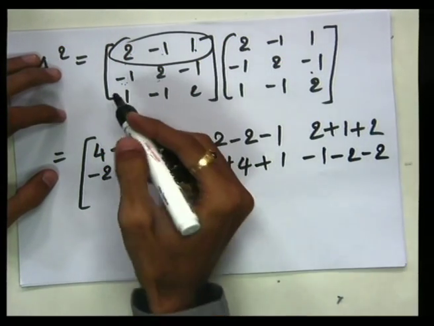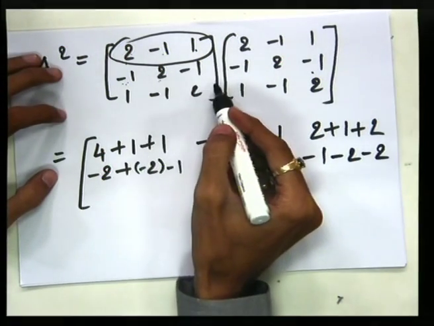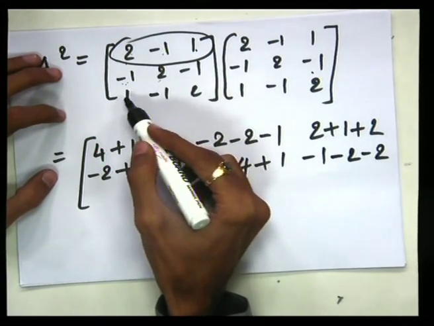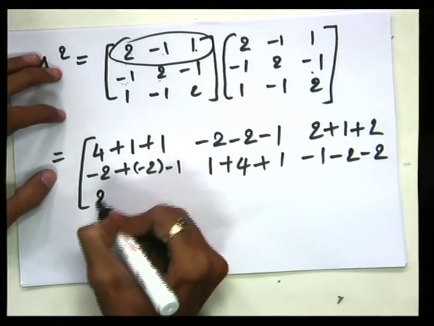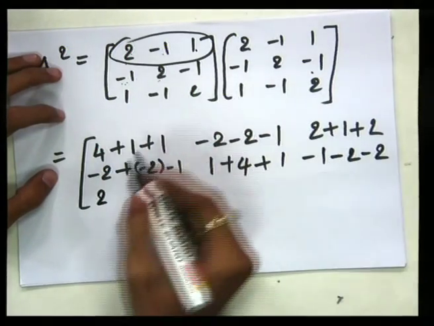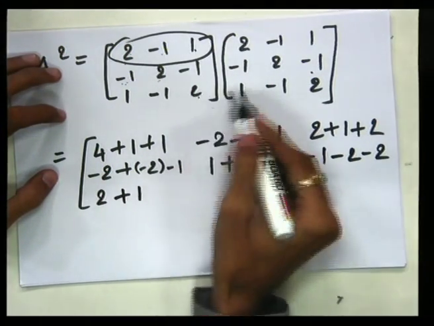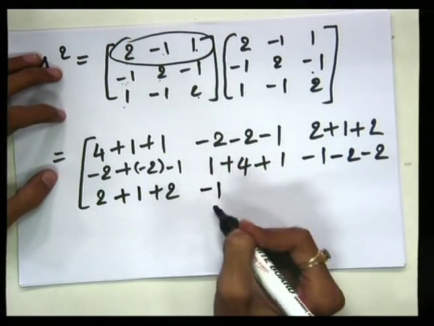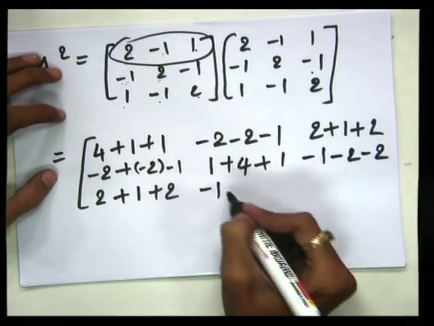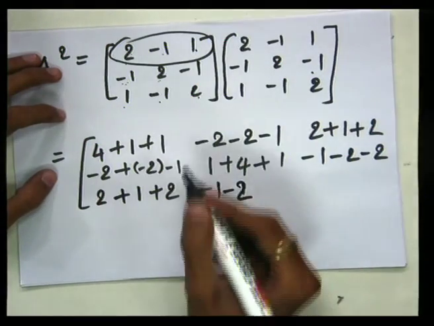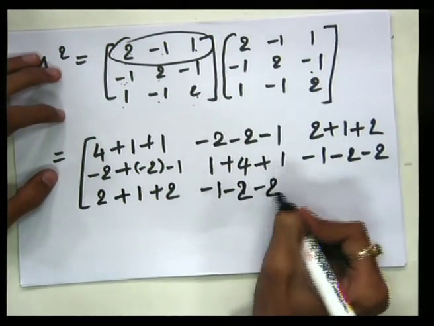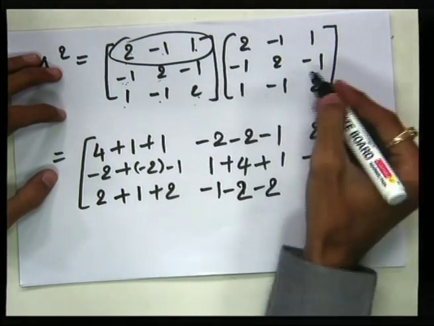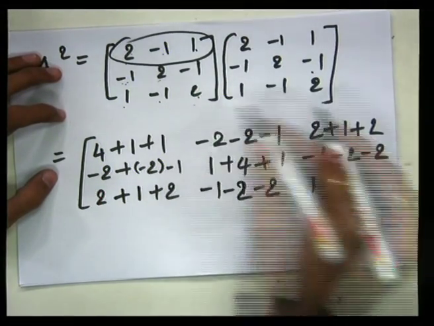In the same way, again I will change the row, now I will concentrate on the third row. So 1 into 2 is 2, minus 1 into minus 1 is plus 1, 2 into 1 is 2. The same way, 1 into minus 1 is minus 1, minus 1 into 2 is minus 2, 2 into minus 1 is minus 2. In the same way, 1 into 1 is 1, minus 1 into minus 1 is plus 1, 2 into 2 is